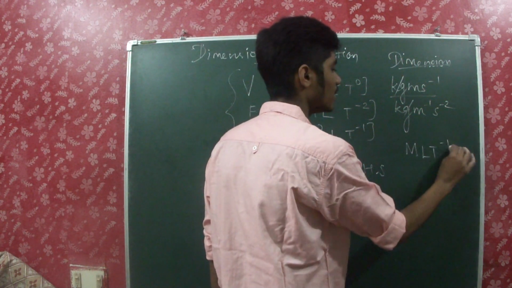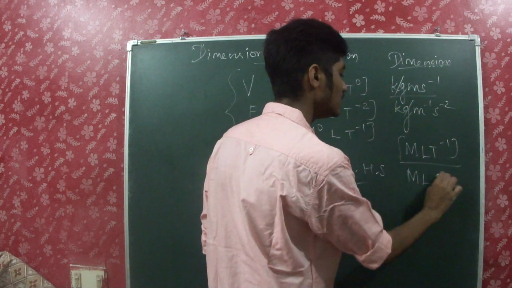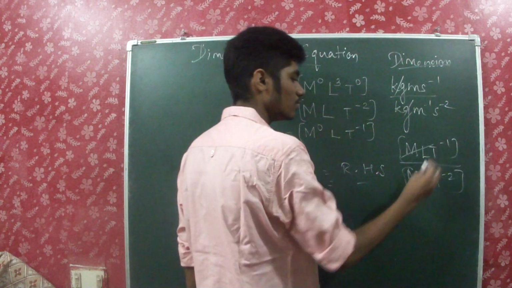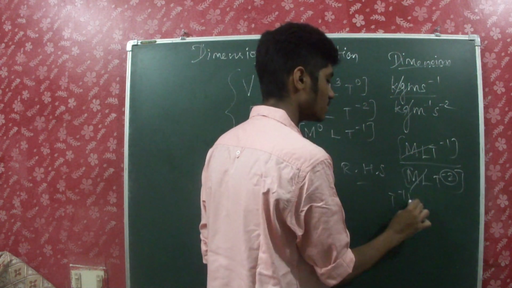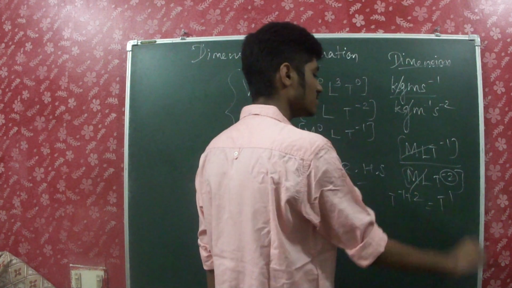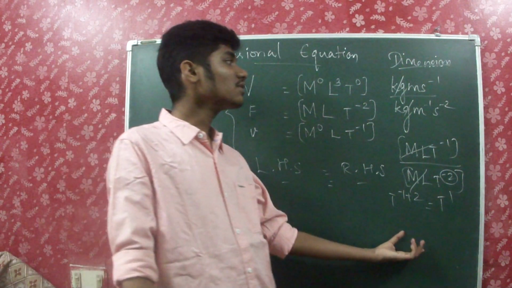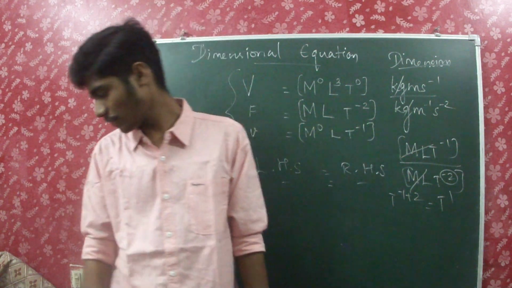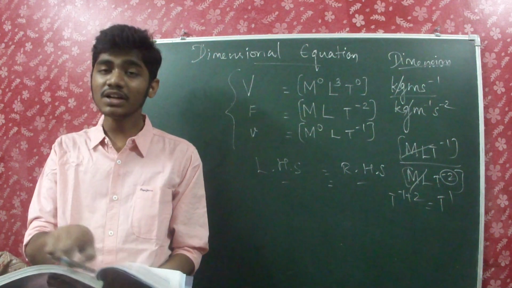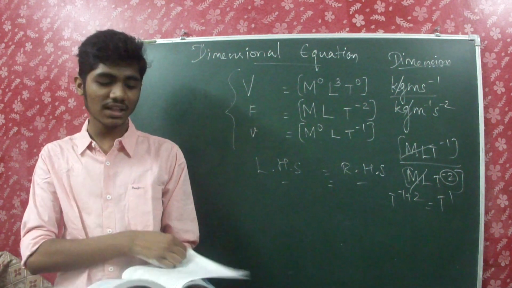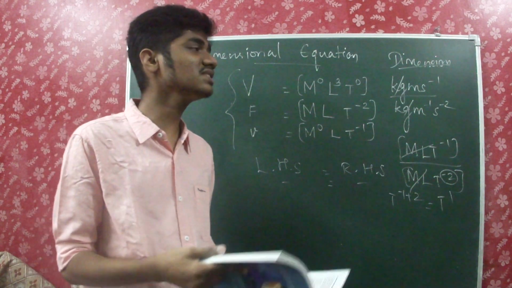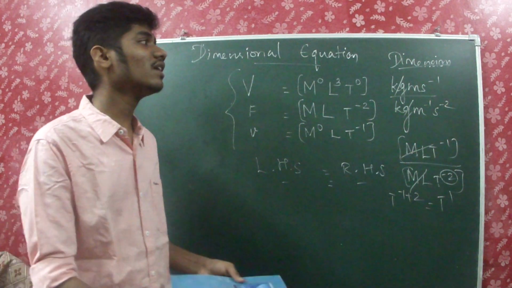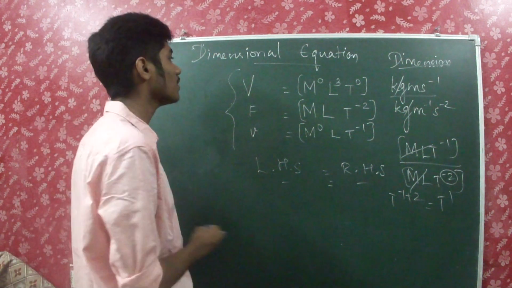We put it as M L T power minus 1, and if it is M L T power minus 2, then you can cancel M L and M L. Then T power minus 1 stays, and T power minus 2 comes to the top, becoming plus 2, then it becomes T power 1. This is how these kinds of operations can also be done with the dimensional formula. Dimensional formula is different, dimensional equation is different. Dimensional formula is only that MLT thing, and dimensional equation is where you equate two physical quantities with the same dimensional formula.